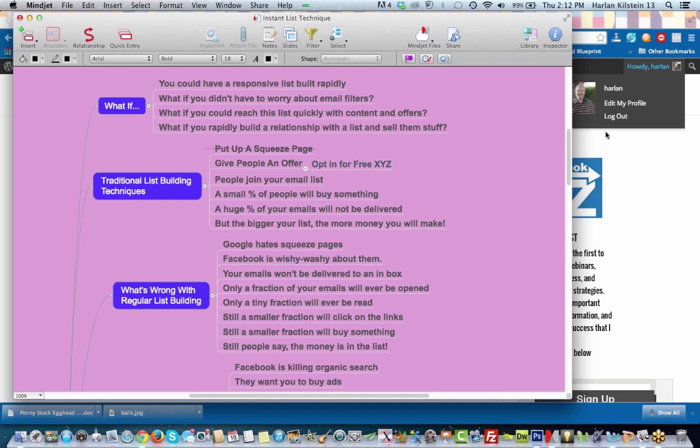So what do you have to do if someone's on your list and they aren't going to buy for 6 months to 18 months? What do you have to do, guys? What do you have to do to get money out of them? Adam gets it right away. You have to keep emailing them. And by the way, can you keep emailing them the same thing?